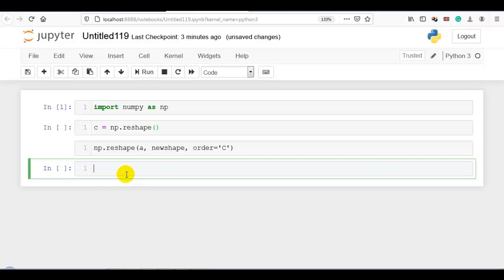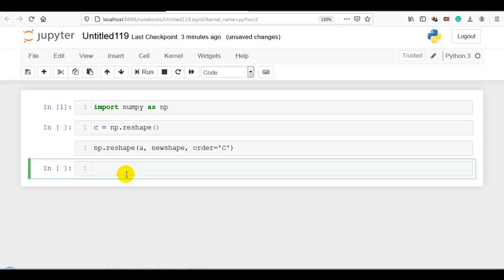Don't you worry, I will explain you practically. But remember this, 2 orders are very important. First is C means row wise. F means column wise. Please do remember this. C means row wise, F means column wise.